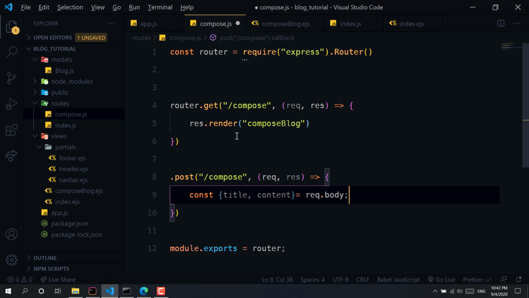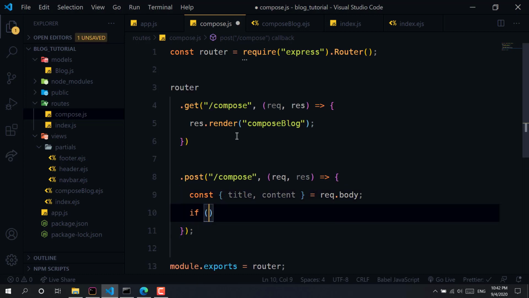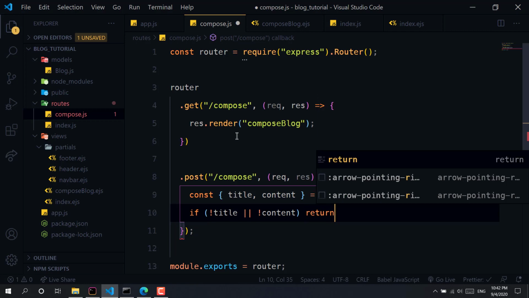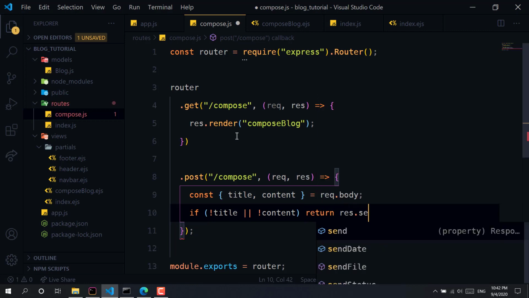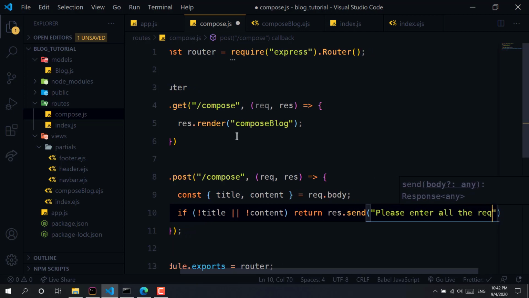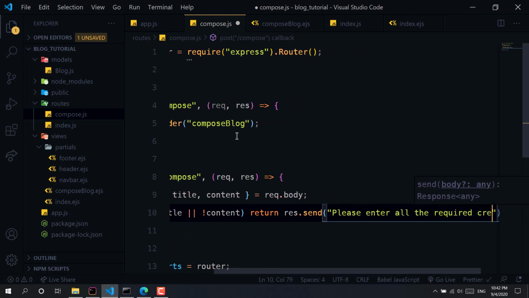So this will give all the data, and we will check if there were no title, and if there were no content, then we will just return response.send that please enter all the required credentials.